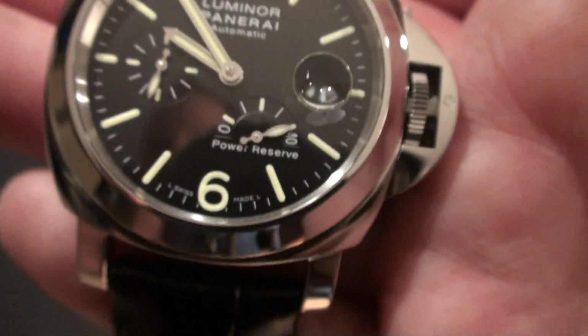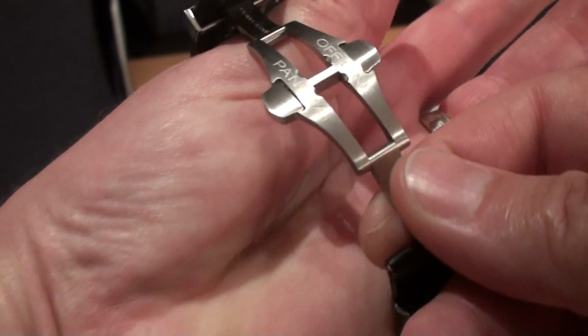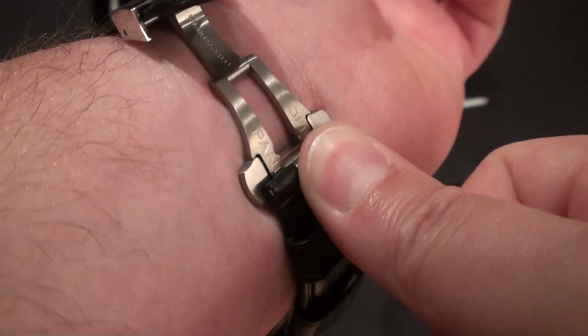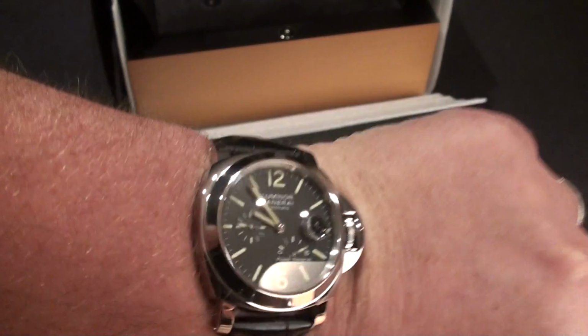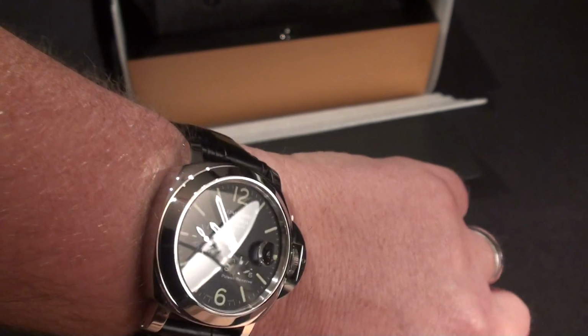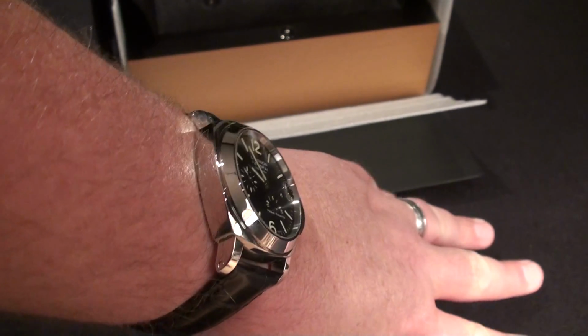But let me show it on my wrist first. Here's how the deployment clasp works. You put it on your wrist, you fasten the one side, and then you bring this over and fasten the other side, and it's done. So it's got a great look to it. Fits really well. I like a little bit larger watches as well because I'm not a small guy, but